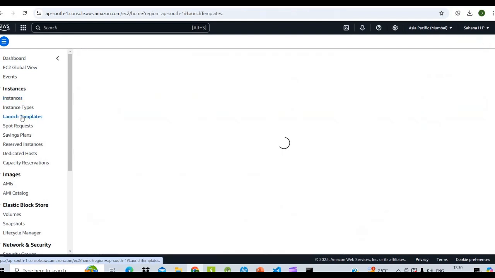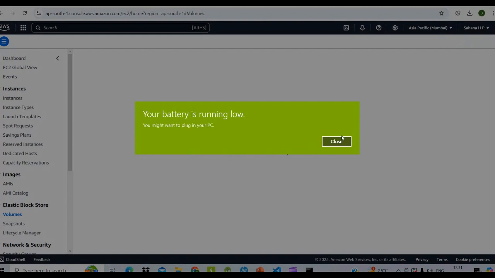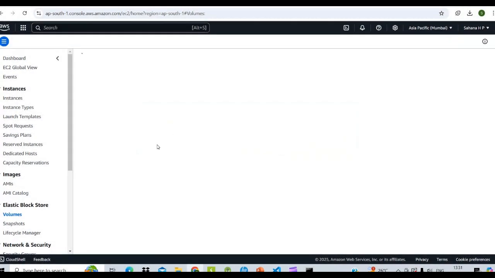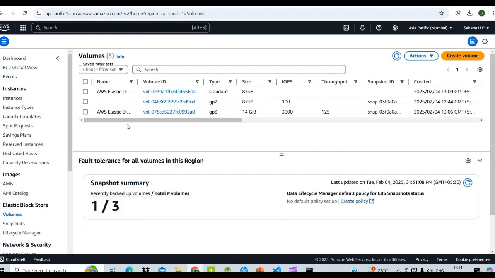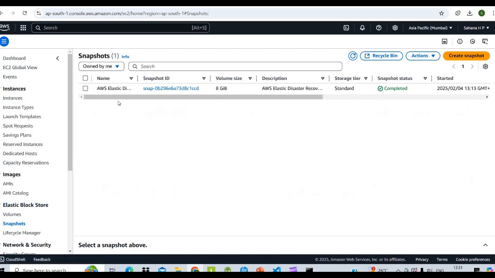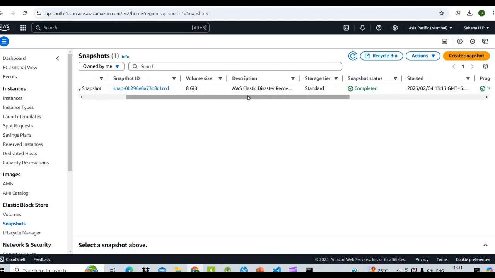Go to launch templates, where the disaster recovery is also present, then go to volumes, where the Elastic Disaster Recovery volumes are running, and go to snapshots. Here we can see the AWS Elastic Disaster Recovery snapshots replicated in the EC2 instances.